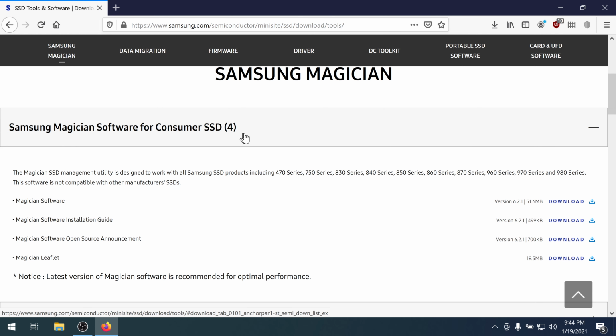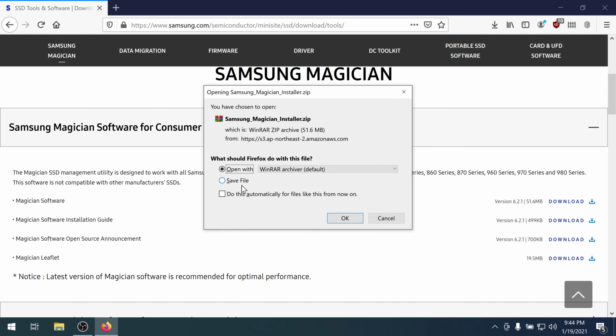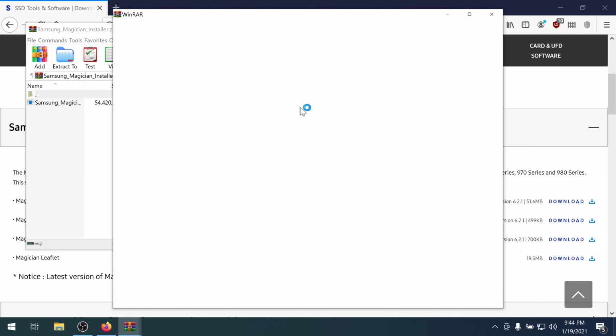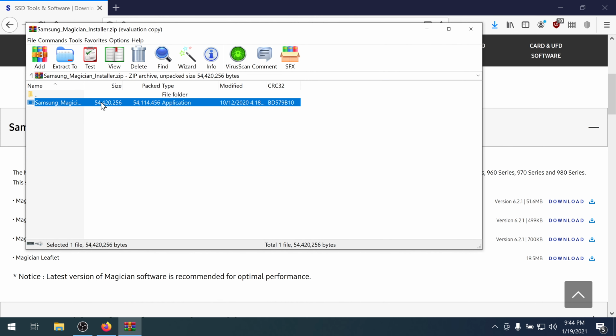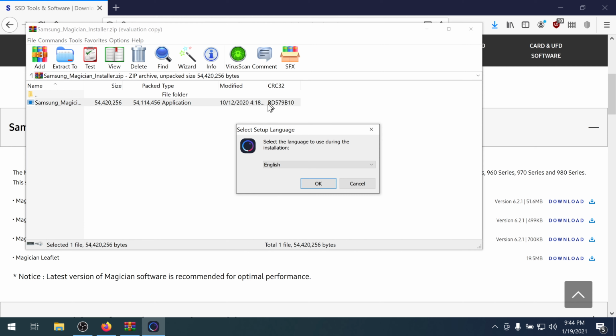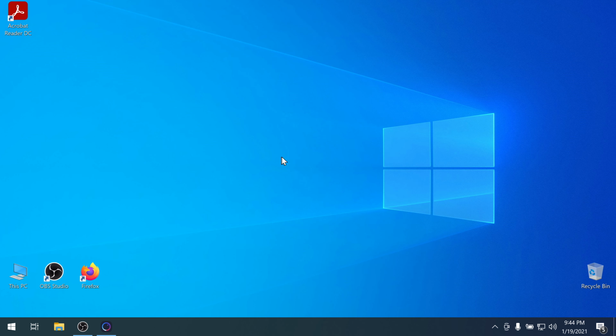Okay, it's a consumer SSD, Magician software, download. The same thing is with the other SSDs. We don't need that anymore.